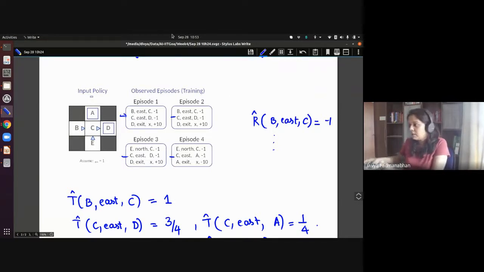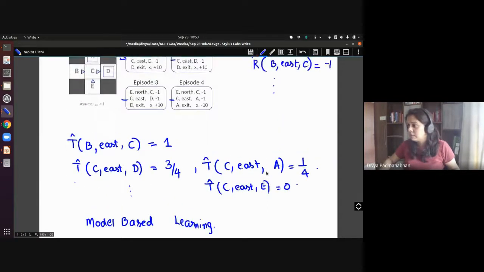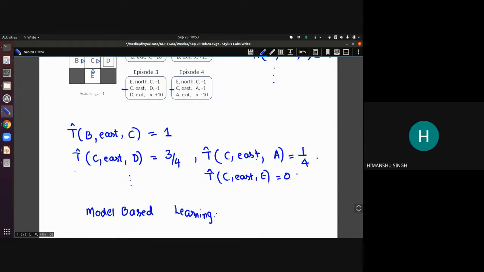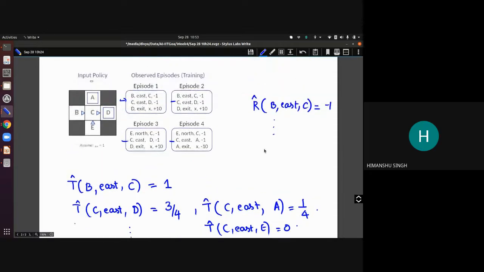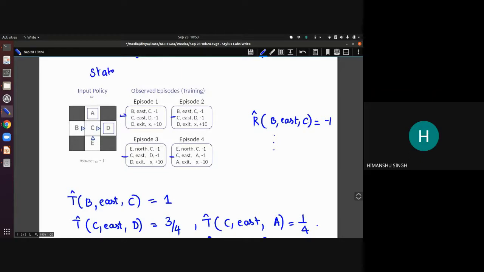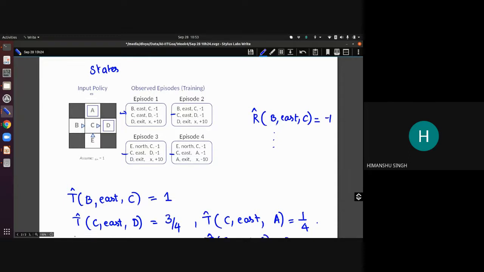So I think we're running out of time. Model-based learning was this. There are some flaws here. Maybe just think about what could go wrong with model-based learning, or whether there is something better you can do. Actions are not defined. So actions are defined. Ma'am, if we are on C and if we press west, what will happen? It is not defined.